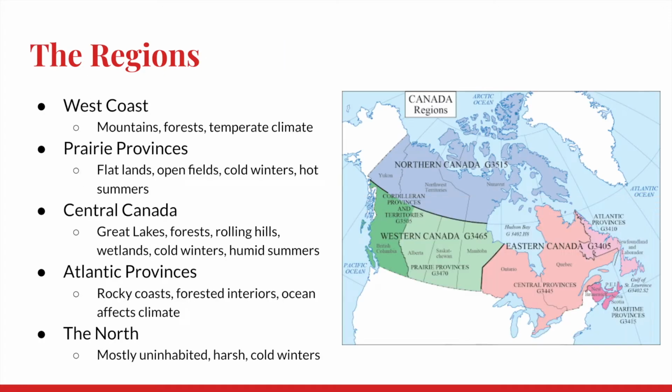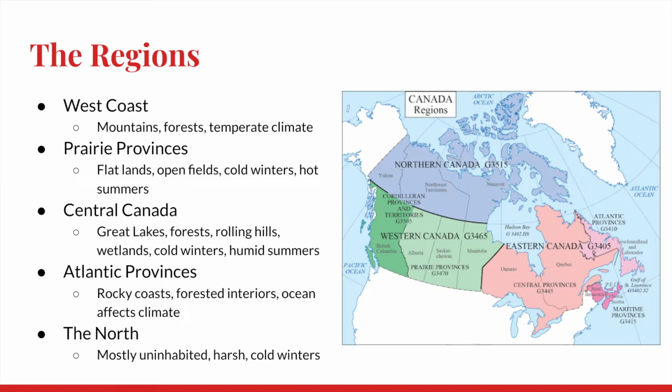Within each of the 5 regions listed here, there are various climates. The West Coast is characterized as the most mountainous part of the country and also hosts massive evergreen forests. Between the mountain ranges lie green valleys with a hospitable climate perfect for vegetation. The prairie provinces dramatically shift into flat open land, generally dry with cold winters and hot summers.